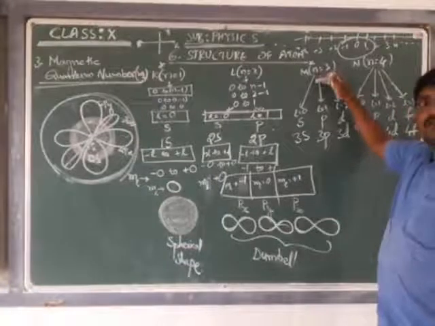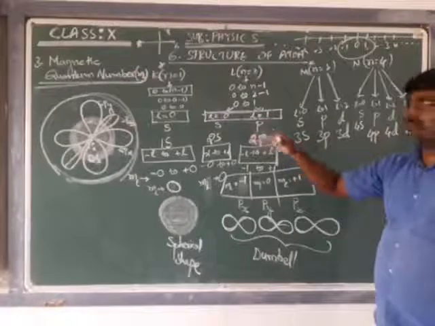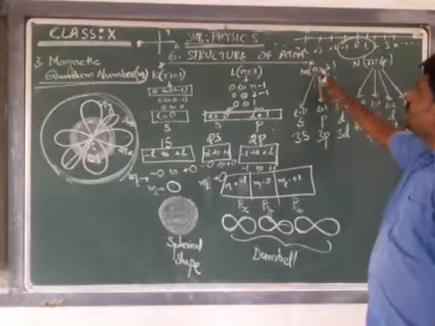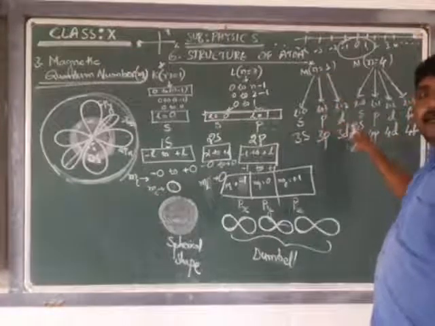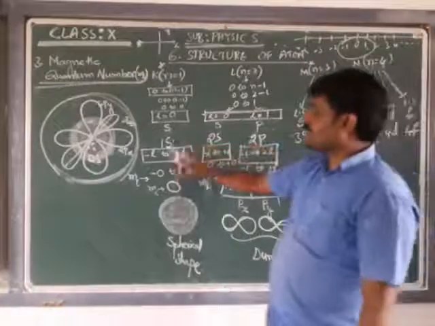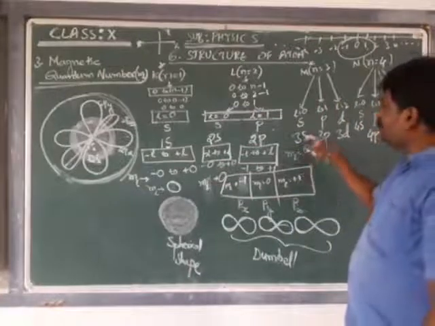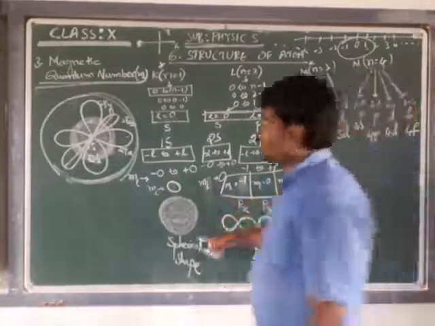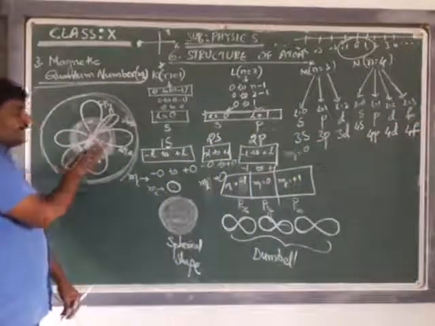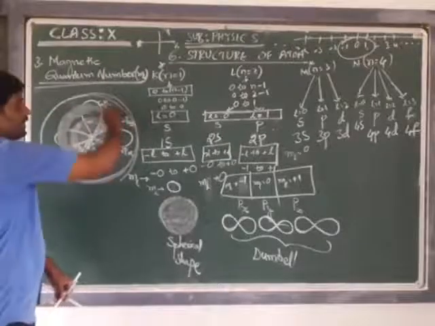Now we will see how the orbitals are getting accommodated or oriented for the third shell. If I take n equal to 3, we have s, p and d, 3 subshells. For s, 3s, again the ml value is the same, ml value is equal to 0. If ml value is equal to 0 for s, what is the shape? Spherical shape. First sphere is 1s, second sphere is 2s. After that, p orbitals are there. Upon all this, we have one more sphere here.